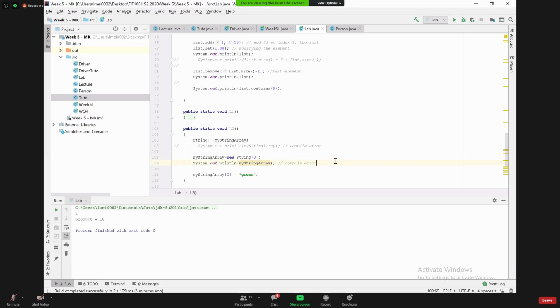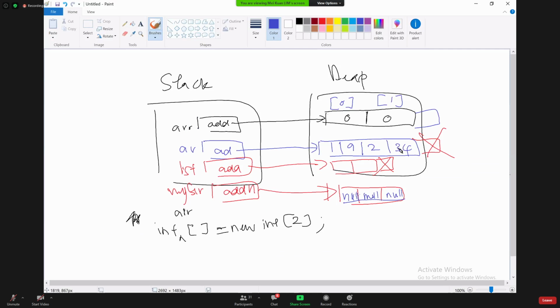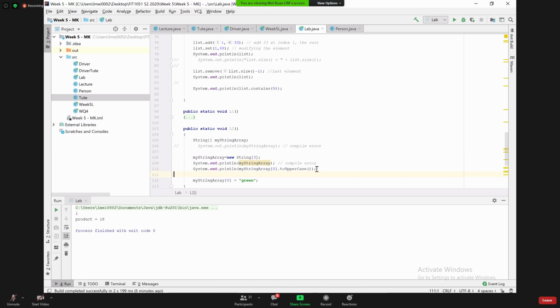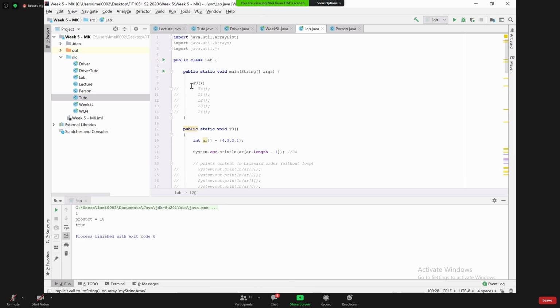So what I'm trying to do is create a null pointer exception error. How? If I try to do something like that: my string array, the first index, trying to change all to uppercase. I'm trying to change the first string element all to uppercase. This line of code is trying to do that. If you run it, you will get a... why don't I get a compile error? Because I didn't run it. Okay,